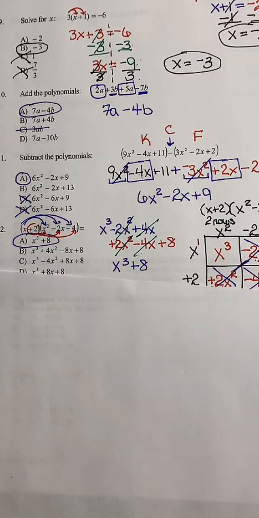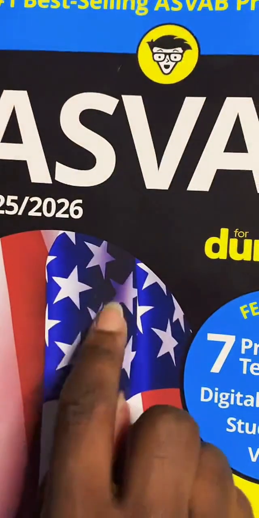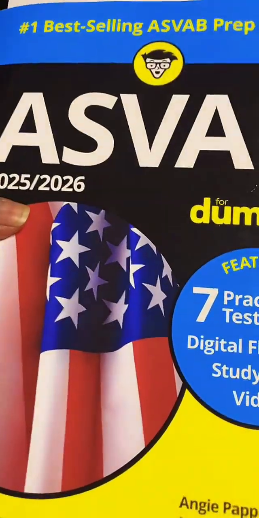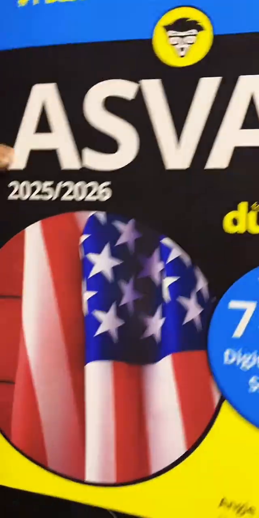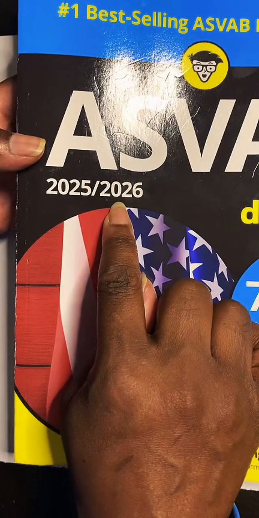When it comes to the ASVAB, it's all based off of building. I know someone that got a 2 on it, but at the same time, English was not his first language. It is a reading test. So if you are looking for a resource that's pretty decent, especially for the test questions, ASVAB for Dummies is the